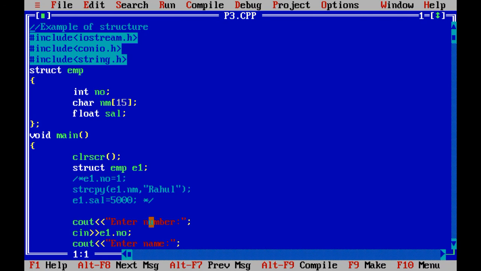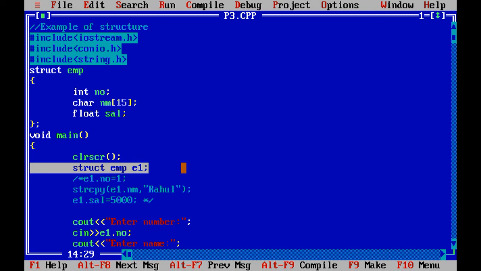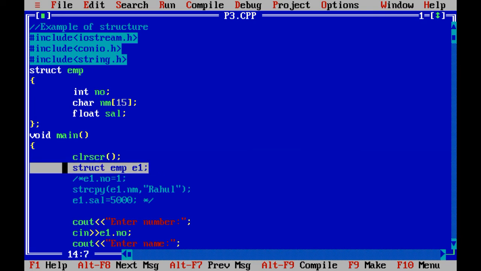So this is all about the programs related to the concept of structure, and we have seen three different ways, or we can say approximately 4 different ways, to input values inside the structure. The first program is related to the structure declaration in the void main, as well as whatever data we have passed inside the void main only.